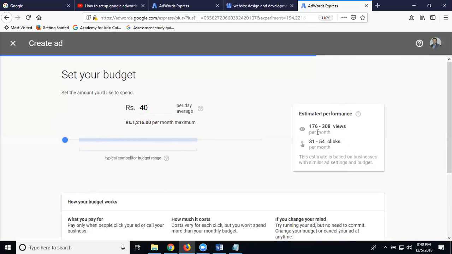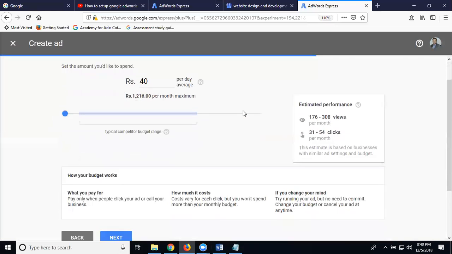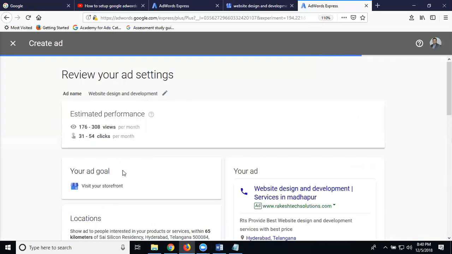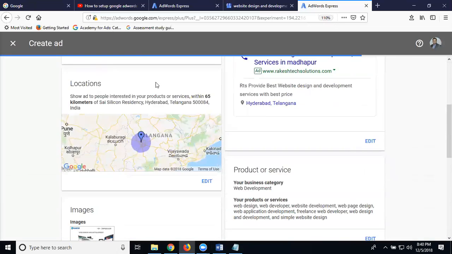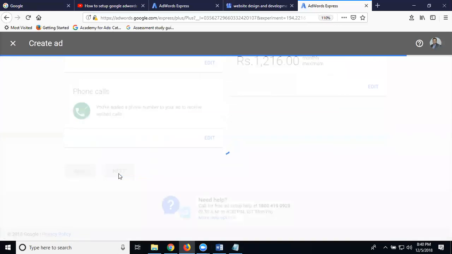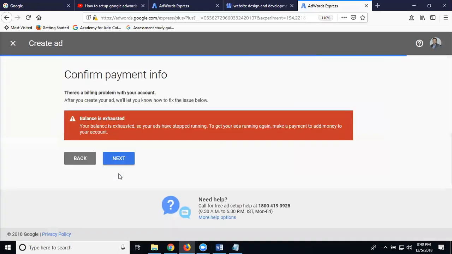The views will be 176 to 308, and 31 to 54 clicks. 31 is fixed; in between, up to 54 clicks will be done. After this, click next. Once you add this campaign, you can check the total campaign. Click next. The campaign will be launched.